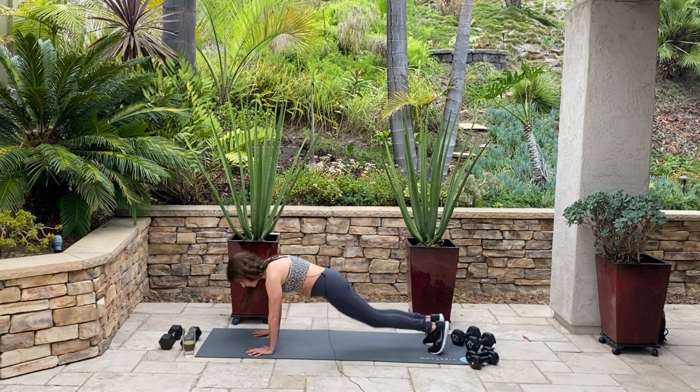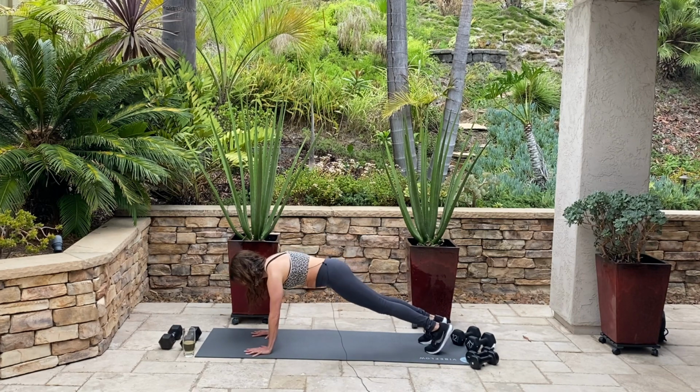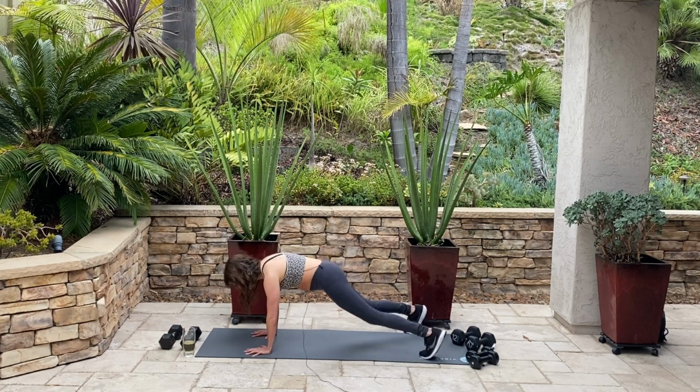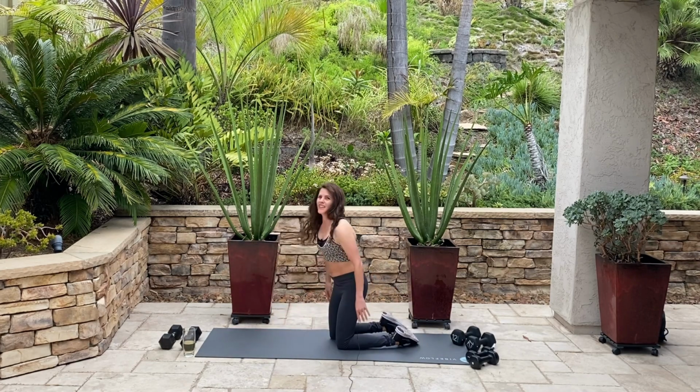Now we're gonna jump it like this, going soft. But if it's too challenging, you just tap with an alternating tap. All right, so let's do 10. You ready? And 1, 2, 3, 4, 5, 6, 7, 8, 9, and 10. Excellent. All right,